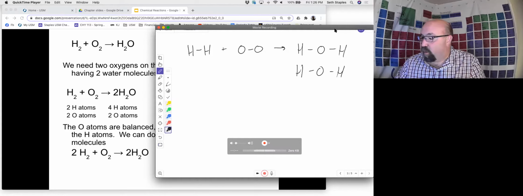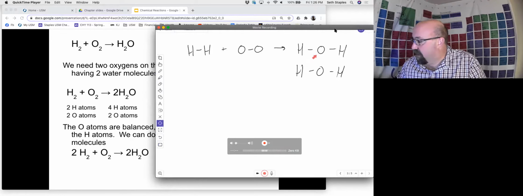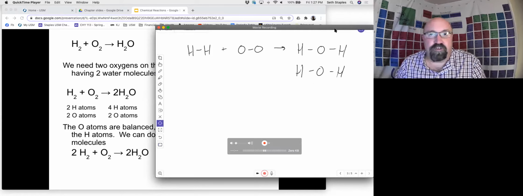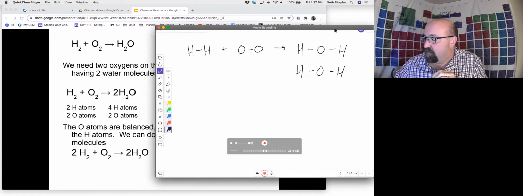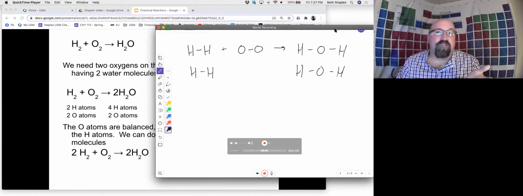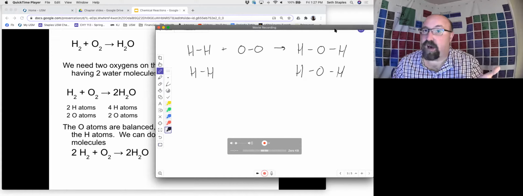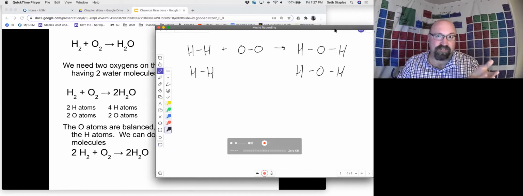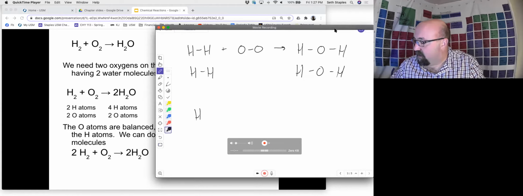Now we formed 2 water molecules, and so we now have 1, 2 oxygen atoms. Perfect. But that means that we have to form 2, 3, 4 hydrogen atoms as well. We're only starting out with 2 over here on our reactant side. And so that just means that we need to start with 2 hydrogen molecules. Remember, hydrogen is another of our diatomics, so it will always exist as H2 when it's by itself. And so now if we just count everything up, so if we look at our initial reaction, we